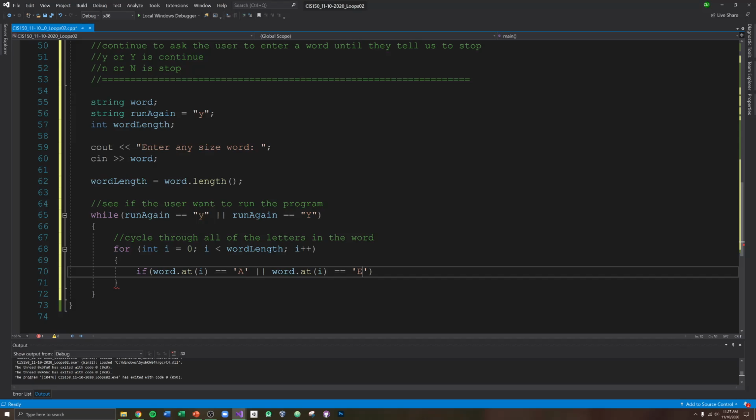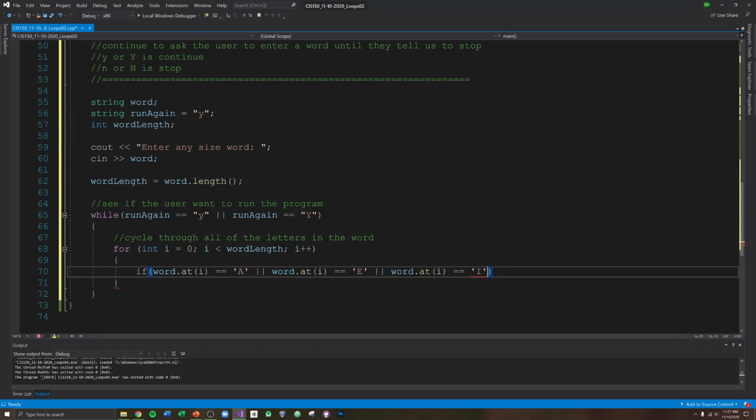You are overthinking it. All I asked you to do is tell me if there's an uppercase vowel. That is it. Can't we just hard code those in? Those are already predefined values in our alphabet: A, E, I, O, U. Just fill them in. Or word dot at i